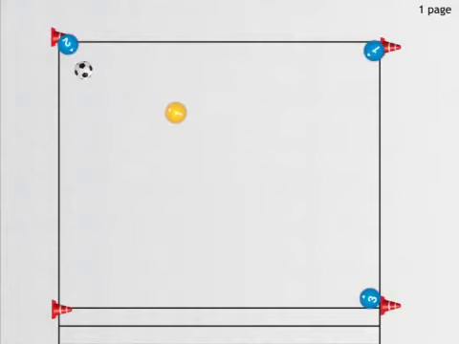Their job is to try and close the ball down, and then in this position, if 2 is the ball, then it will be up to 3 to try and make sure that he gets across to the corner. And we must watch out that the players get there early and have a good body shape. We don't want a closed body shape like this because it's limiting the player's ability to be able to play passes to that side. So what we're looking as well then is that good movement, and we also want this